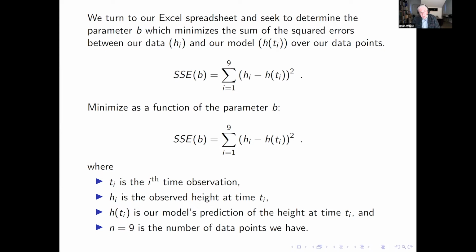Throughout the courses that I've taught over the years, we've done this whole approach of build a model, have some data, either we collected it or we got it from an article. There are lots and lots of sources, and at SIMIODE, we give you lots of sources for articles. And what we do is we take the difference between the data and our model. This is a very messy expression. This h sub i is a number. This is that formula with the initial time number put in. And so this is a garbagey mess. And what we want to do over the 9 data points, we want to find the parameter which minimizes